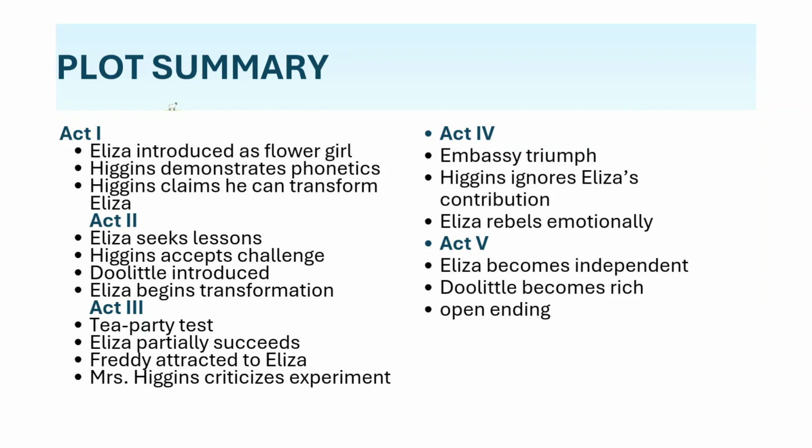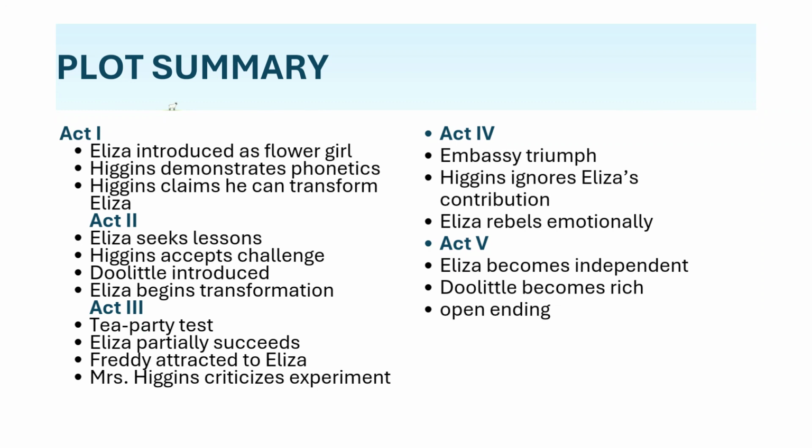Now let us briefly review the complete plot of Pygmalion through its 5 acts. Act 1 introduces Eliza Doolittle as a poor flower girl selling flowers in Covent Garden. Here we also meet Professor Henry Higgins, who demonstrates his extraordinary knowledge of phonetics by identifying people's backgrounds through their accents. During this act, Higgins boldly claims that he can transform Eliza into a refined lady simply by teaching her